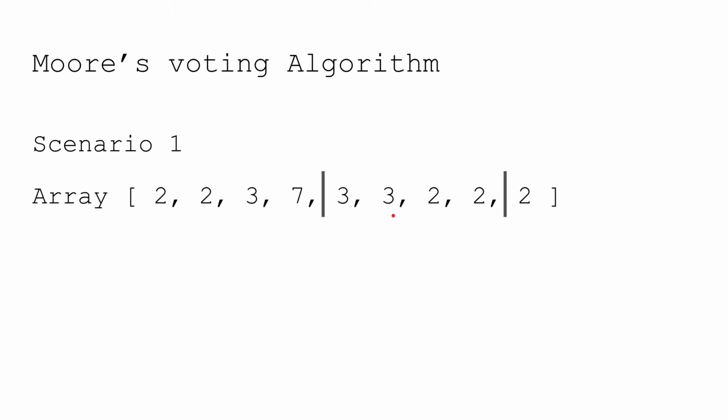Okay, similarly for the second part, if you consider this element to be a majority element, then your counter will be 2 at this position, and then after getting a different element, you will simply decrease this counter, and again you will decrease for this element, and after these two positions you will have your majority element at the rightmost part of the array.